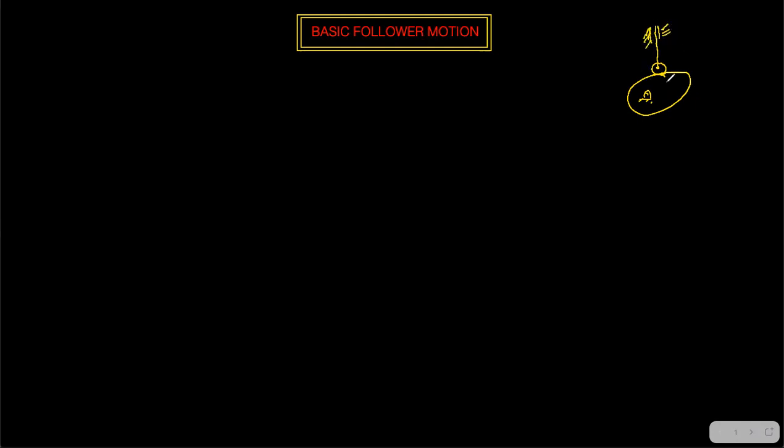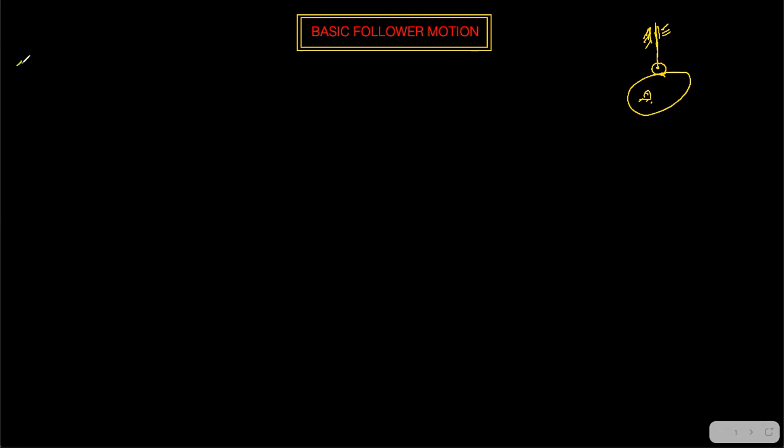So now you know that the follower is going to have a specific type of motion, right? The follower is the thing which controls the motion. For instance, in your automobiles, you have the valves controlling, right? So the valve of an automobile is controlled by the follower. So that's why it is very, very important to study the follower motions. What are the different types of basic follower motions? We have a few types of basic follower motions, which are as follows.